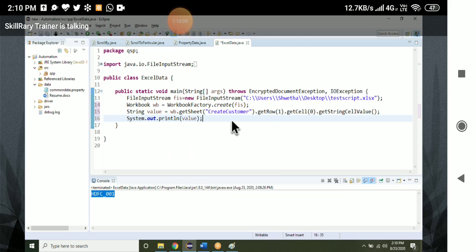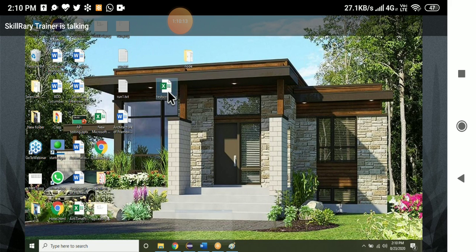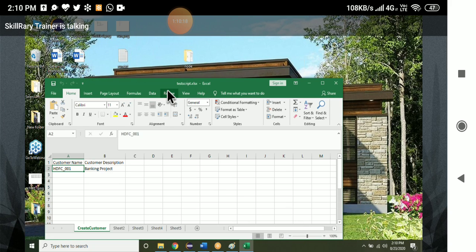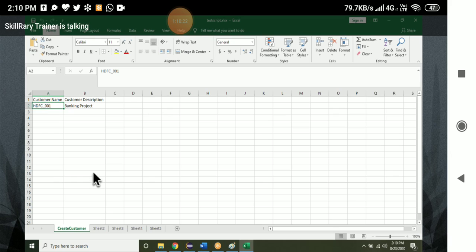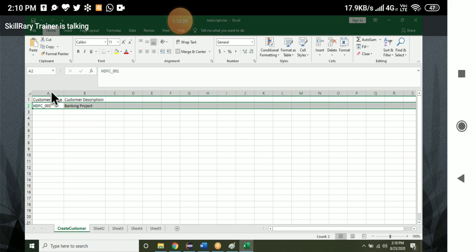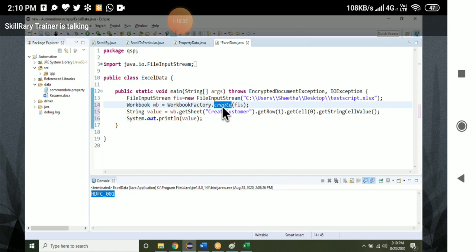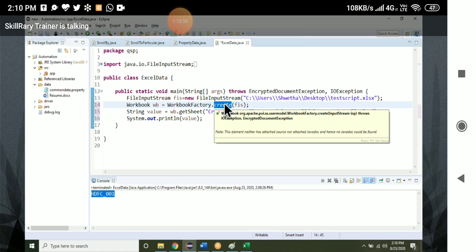Okay, why are they using create? This Excel is like a workbook. Workbook means a normal notebook. In a notebook you have one sheet, a number of sheets. If it is a notebook, you will be having rows like this, and cells also. Like that they have compared it. So that's the reason. Instead of using the load method, since load is already there, they have used one method called the create method.